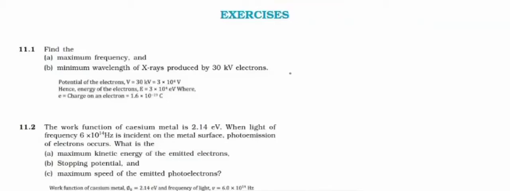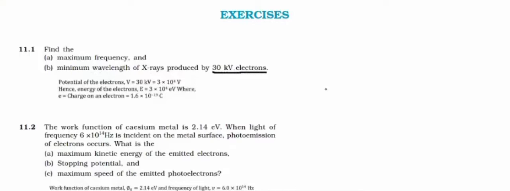Exercise questions of chapter Dual Nature of Radiation and Matter. In this chapter, when you calculate the energy, you can calculate in electron volt rather than joule. Okay, now question 1. Find the maximum frequency and minimum wavelength of X-ray produced by 30 kilovolt